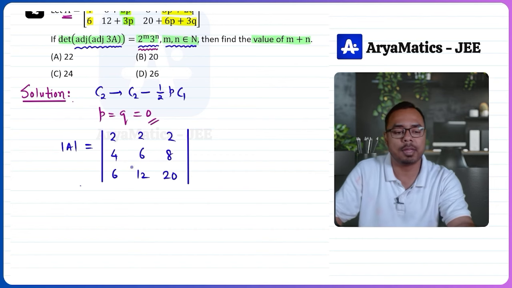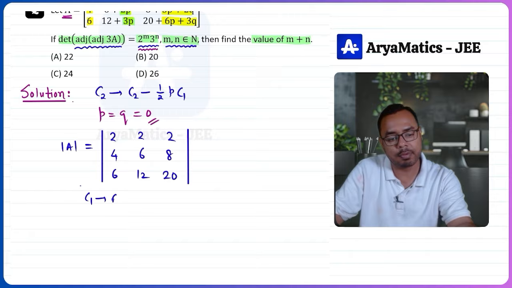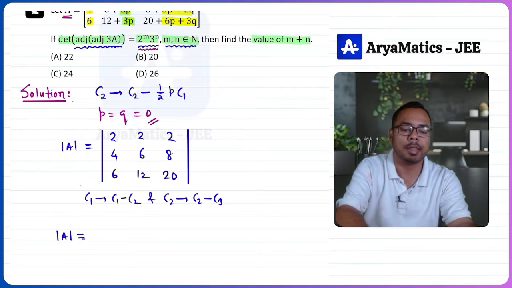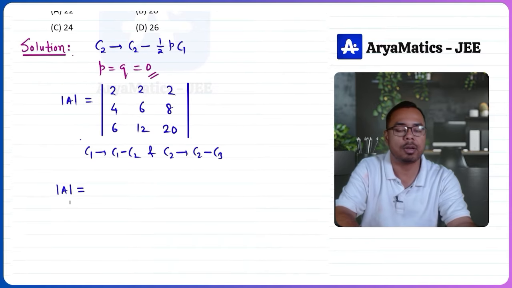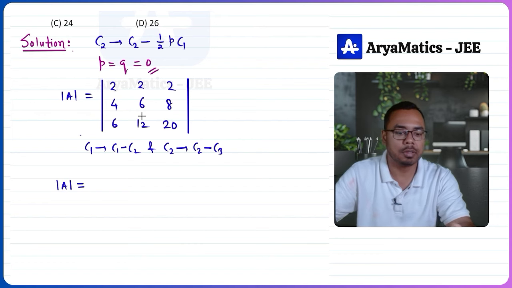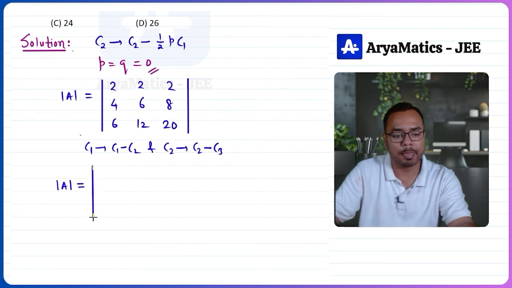And now from here, we can very easily calculate the determinant of this one. In place of C1, if we want, we can create two zeros. So in place of C1, we can write C1 minus C2, and in place of C2, we can write C2 minus C3. In that way, we can create two zeros in the same row, and then we can expand along that particular row, right? So in place of C1, if I do C1 minus C2, then 2 minus 2,